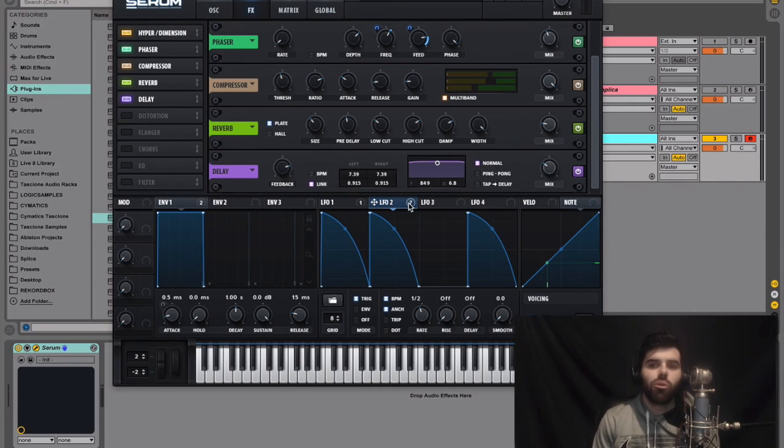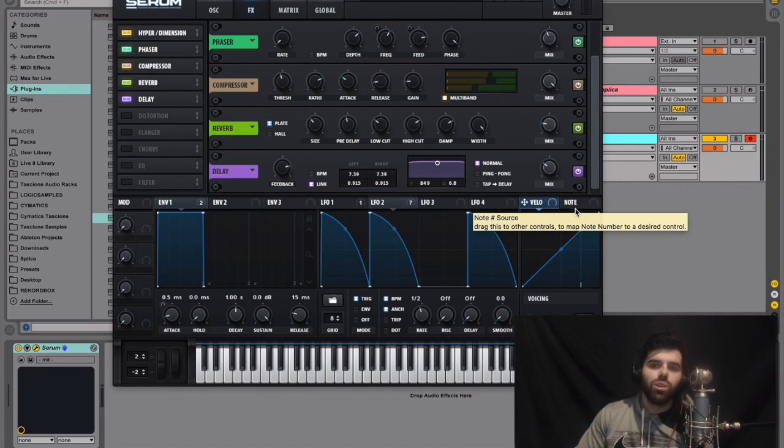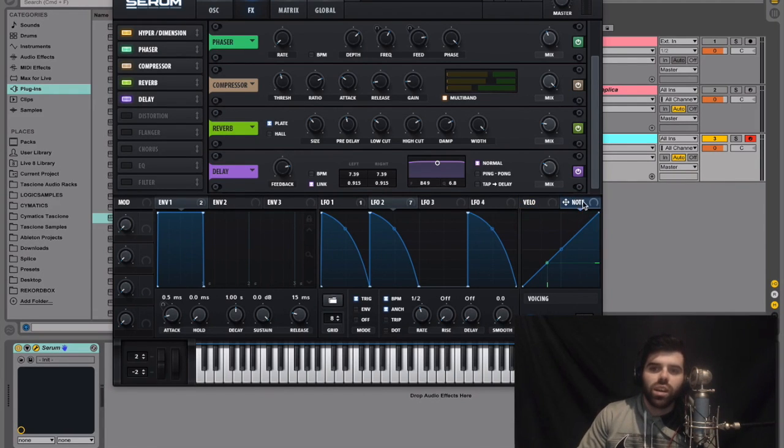All right, so the last thing we're going to do is I'm going to bring you over to this little section right here. And this section is often overlooked. I rarely ever use it, but with this kind of sound, it can be very effective. So we're going to take this note follower. This is like a key tracking thing you can modulate different effects with. So basically when you play different notes, I'm just playing different notes on my keyboard, you can see where this is right here. And if I go up a few octaves higher, it's following that.